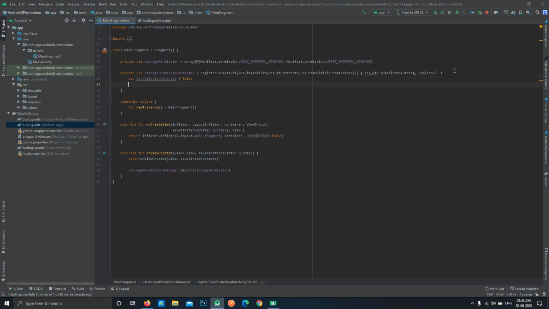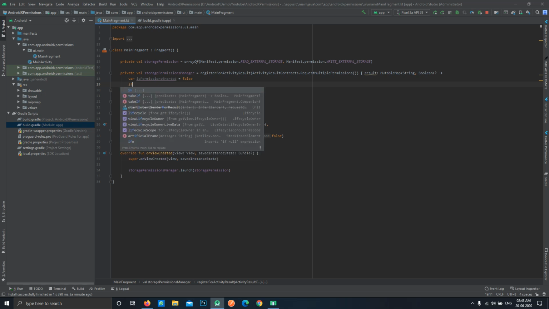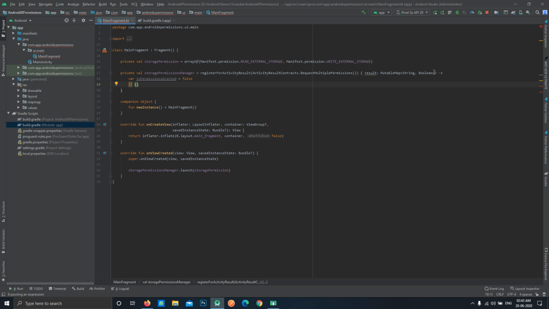After that we can see that this is a mutable map, so this can contain 1, 2, 3, 4, any number of values. So for that we have to loop over it. To do that, firstly we'll have to do a null check over here because this is a nullable value, you can see over here.